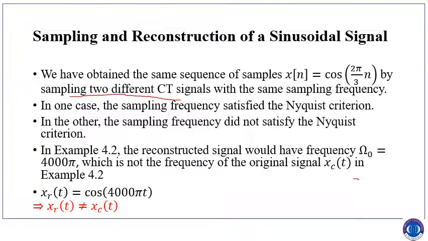That's why we haven't drawn the spectrum, but it is clear that because we are using the sampling frequency of 12,000 pi, our copies will mix up and the recovery will be of this signal. This will be the same signal as in the previous example. So that's why x recovered is not equal to